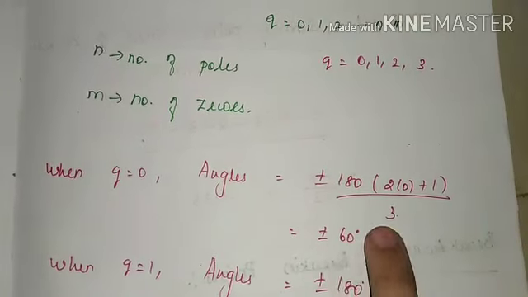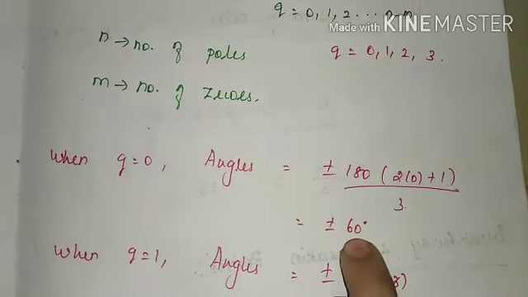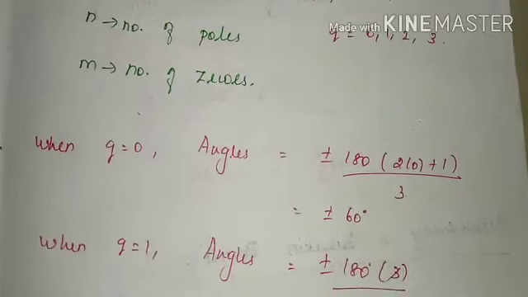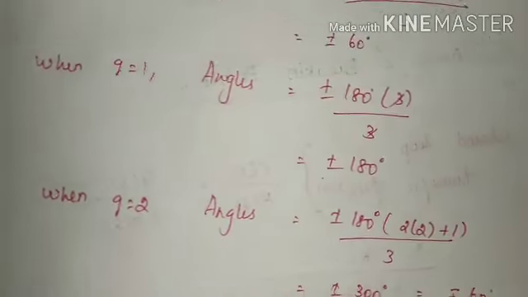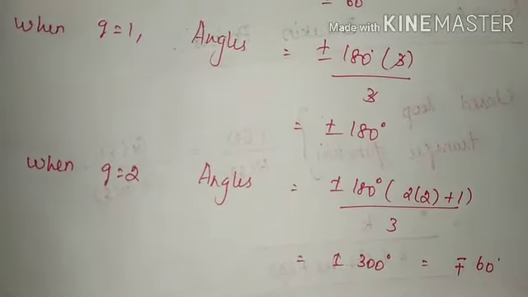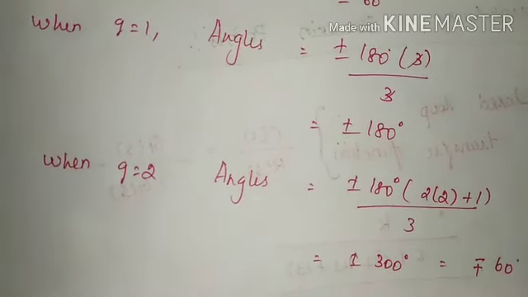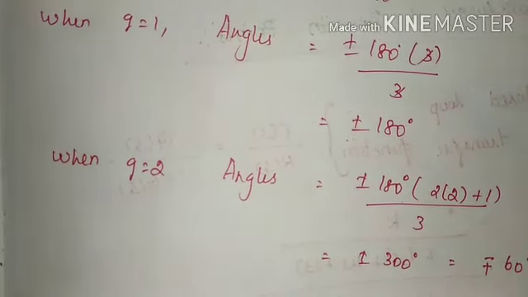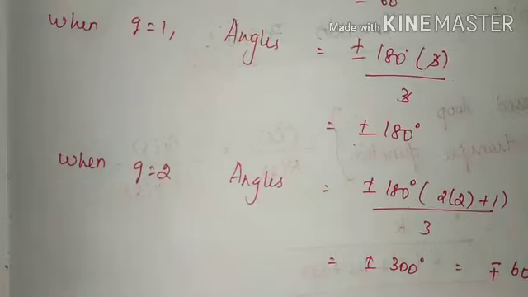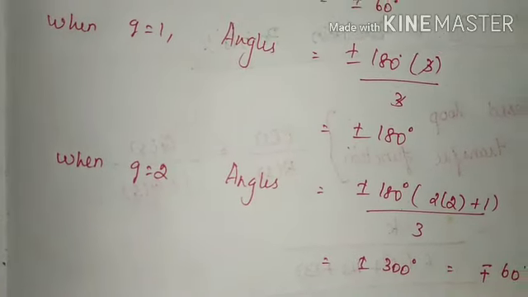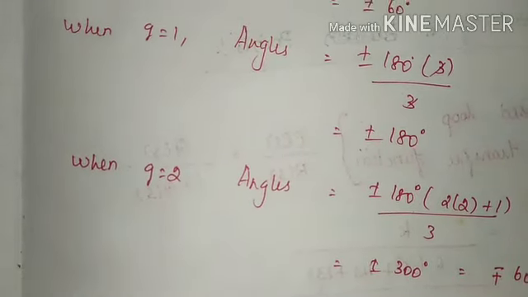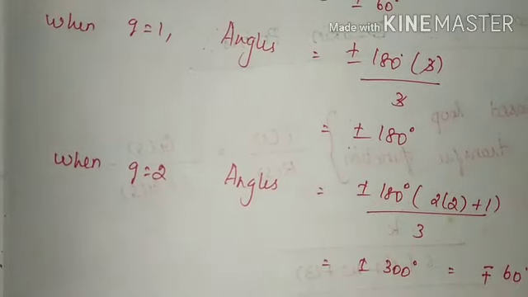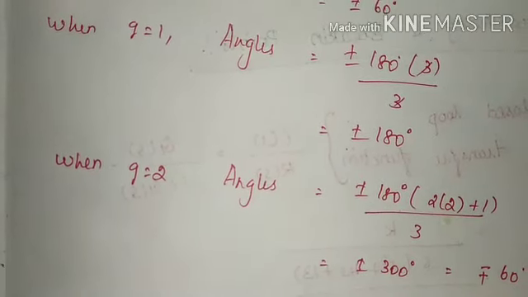So 180 by 3 gives us the value of plus or minus 60. See our second step. When q is equal to 1, the angles will be plus or minus 180 into 2 into 1 will become 2 plus 1, 3. So 3 gets cancelled. So when q is equal to 1, angle of asymptote will be plus or minus 180